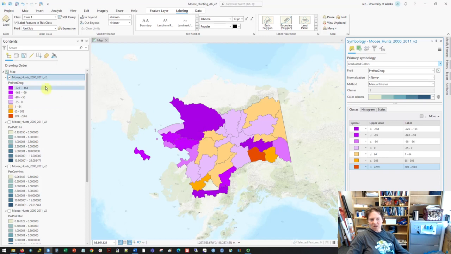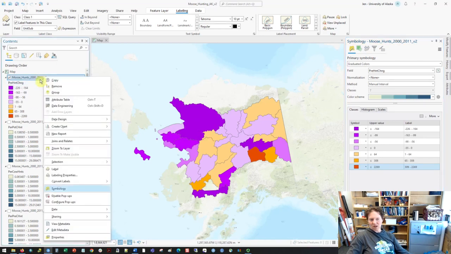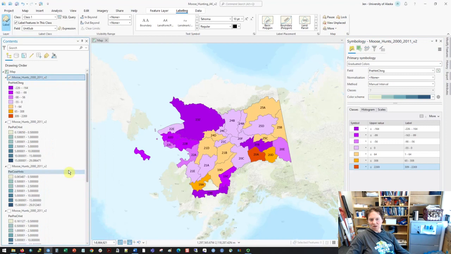23. I'm going to turn on those labels for this one. Label. There we go, 23Z. Our biggest increase was going to 20A. We had an increase of, it looks like, 2,200 hunts in that area. 20B lost a lot. 20D actually did gain some, but now we can easily see places where we had losses and places where we